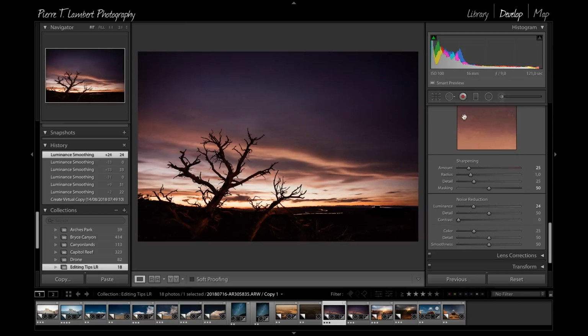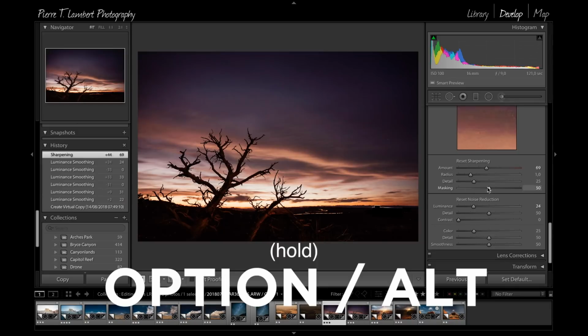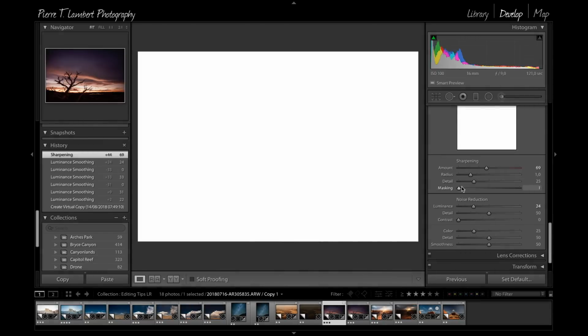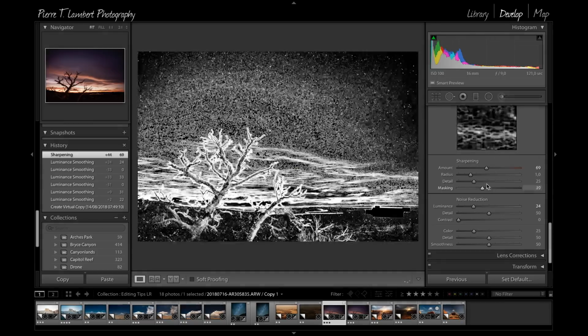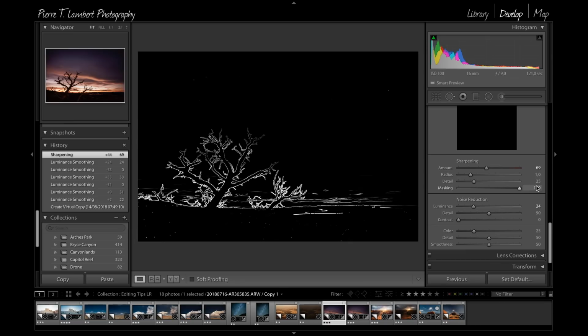So what you want to do is compensate with sharpening. So you're going to be sharpening, for example, to 70. But now here's the trick. There is a mask for sharpening, which is right here. And when you press the Option or Alt key, you actually can select what area of the image is going to be sharpened. So that's everything. And here you can select, and you can see the higher you go, the less will be